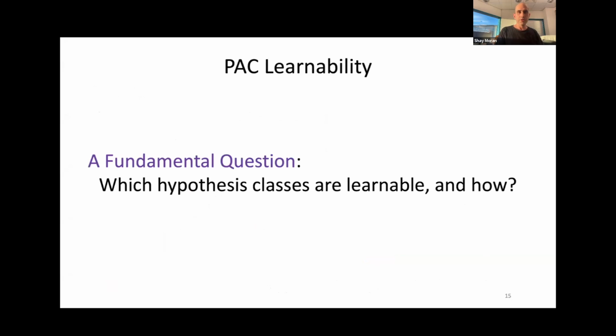Okay, good. So here is a fundamental question which will guide our talk. We have a mathematical definition of when a class of functions is learnable. This immediately raises two questions. The first one is which hypothesis classes are learnable? Can we mathematically characterize them? Is there a simple description of these classes? And the second question, which is not less important, is algorithmically, how do we learn? What are the principles of good generalization?